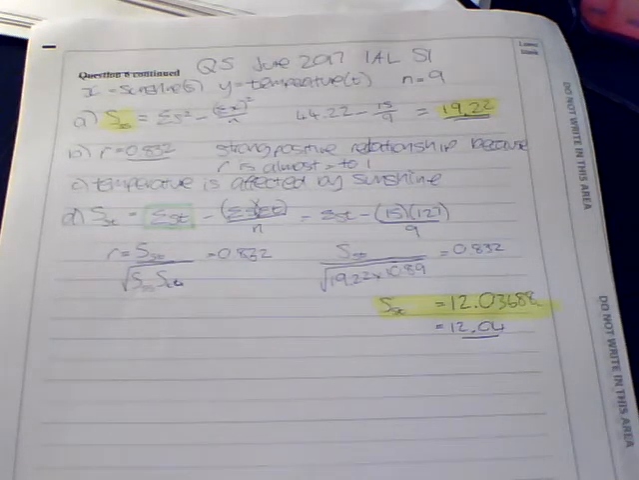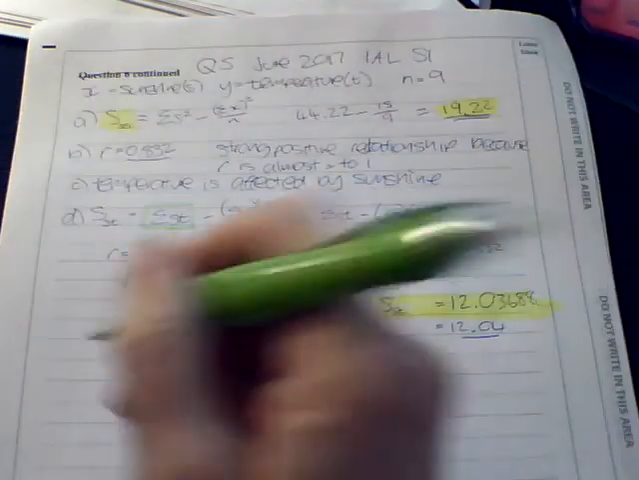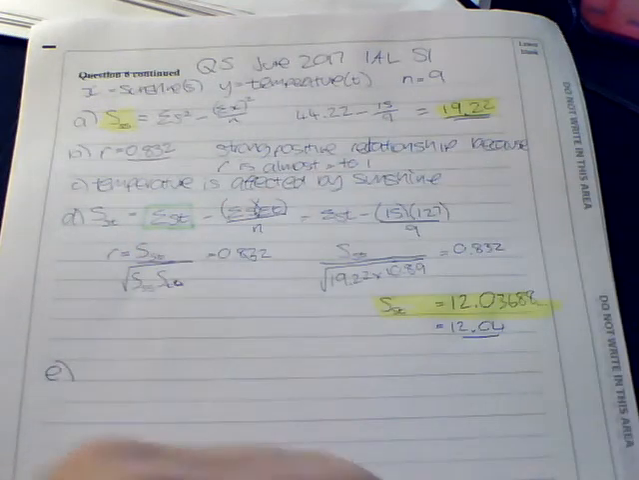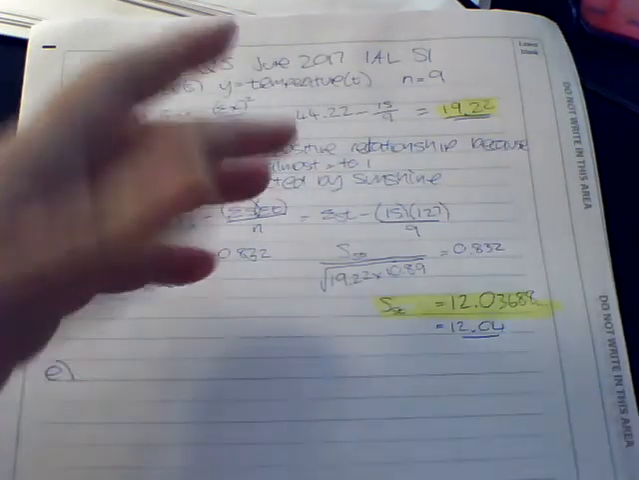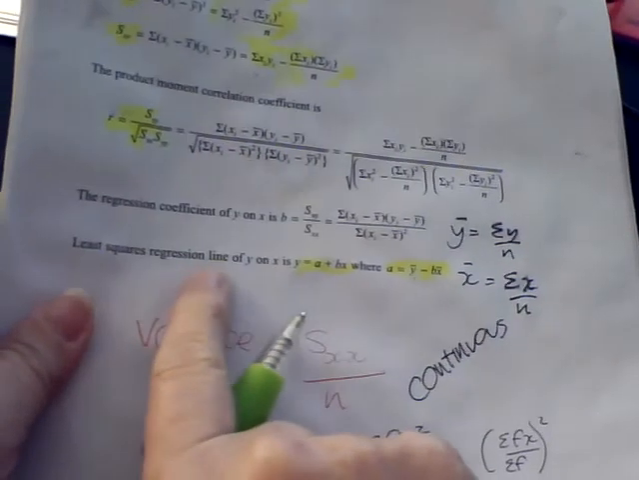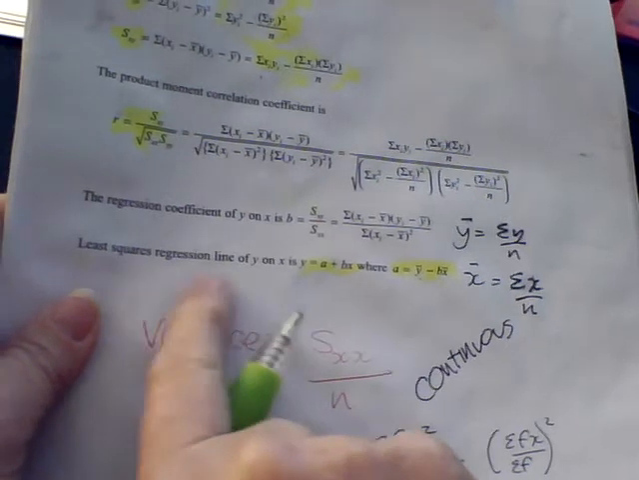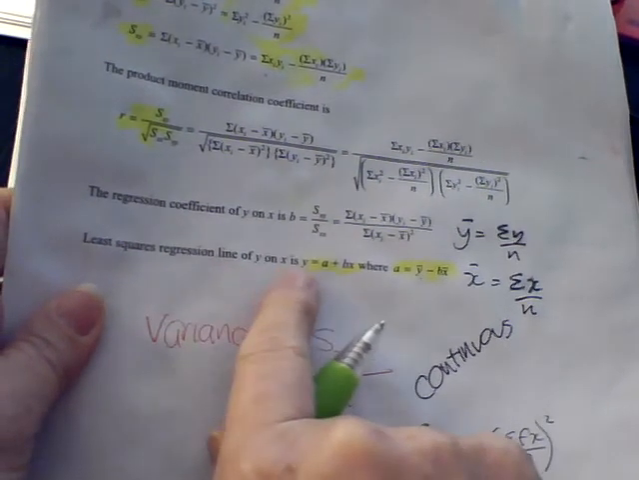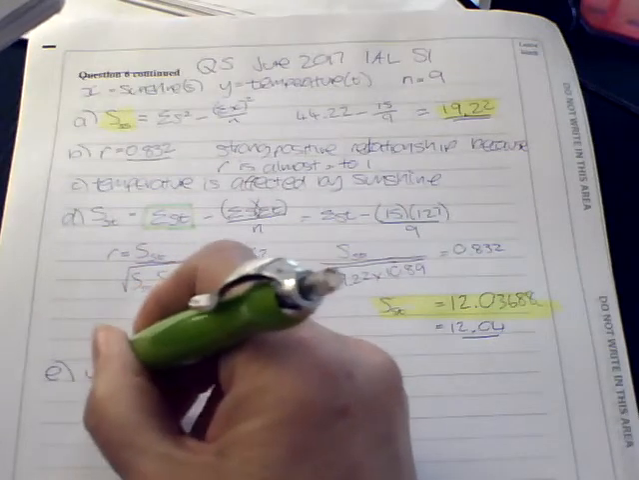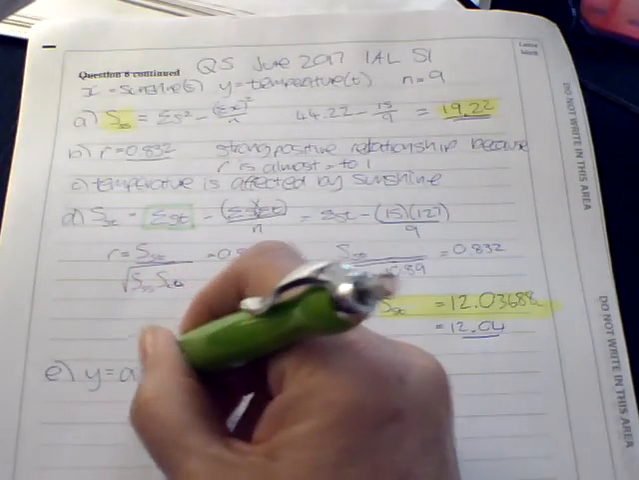Okay. Right, so E. Calculate a suitable linear regression equation to model the relationship between midday temperature and hours of sunshine. So we want a linear regression model. We know it's going to be the regression line, so it's y equals a plus bx. Let's write that down. Y equals a plus bx,